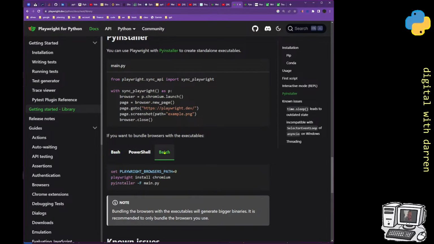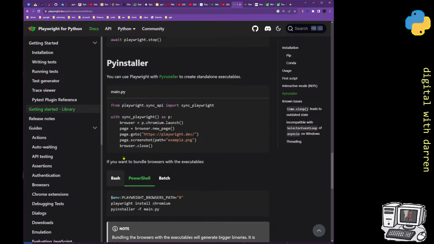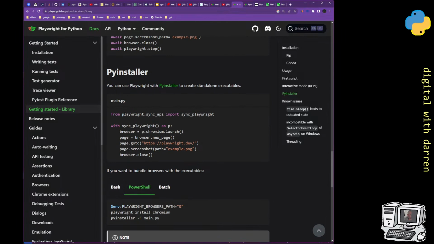I presume Batch is for Mac, iOS, and PowerShell, I'm guessing, is for Windows. Is probably how it goes. Let's have a look. You can create a standalone executable. So you can make this main.py, and you can go and get this screenshot, and then